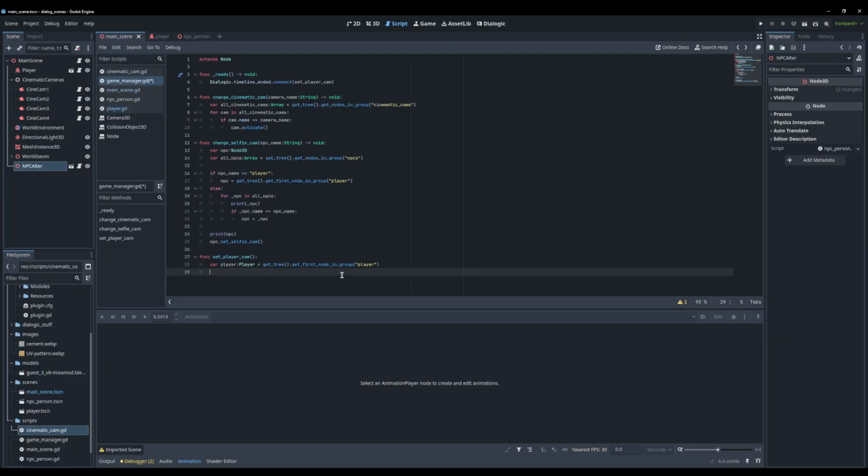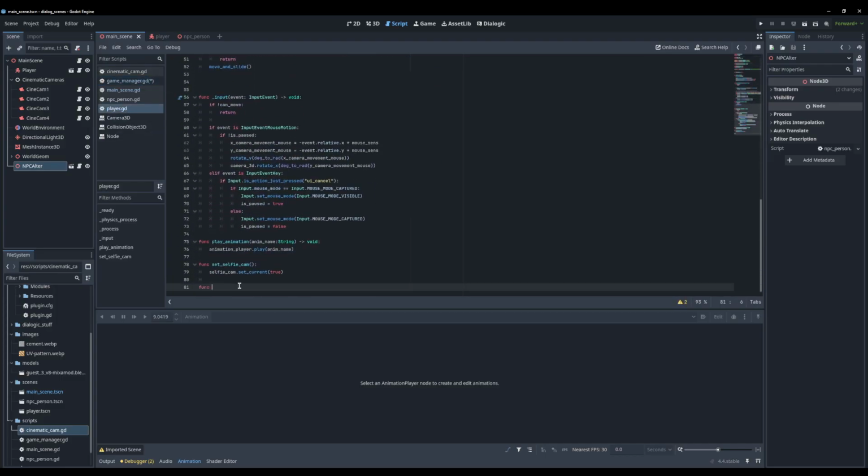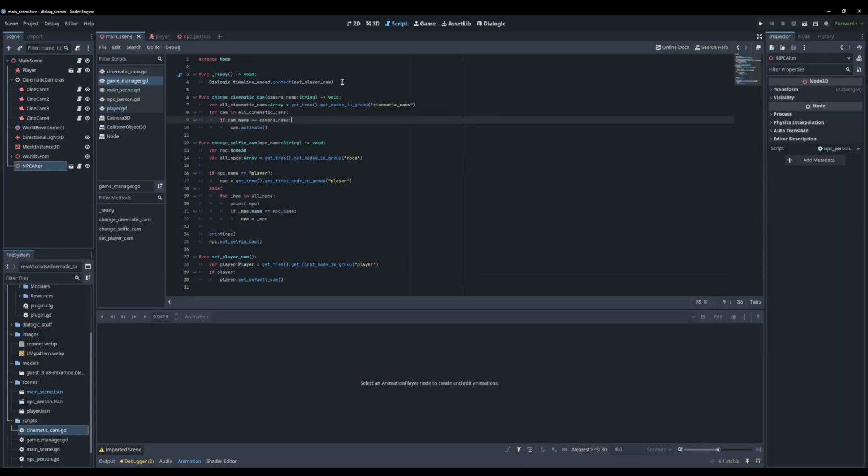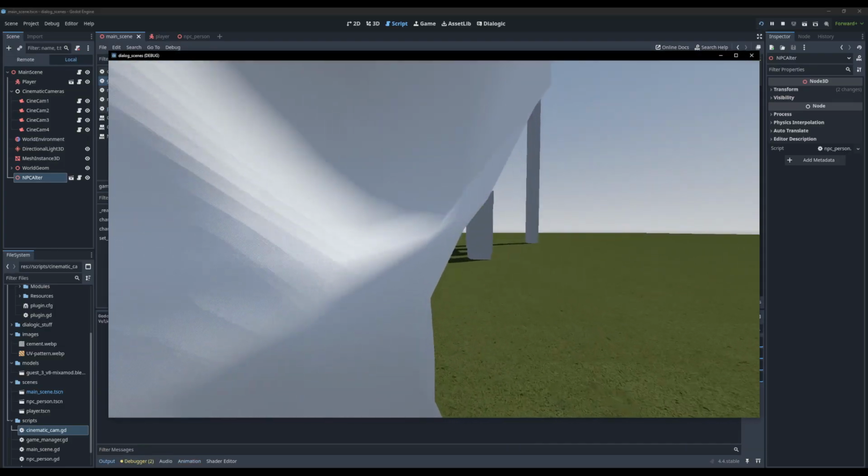So player equals that, and then what we do is we just go if player, player dot set default cam. So we need to set that up as well, and I just don't want to call current from here. I'd rather have a function in here that did it for us. So we just go camera 3D dot set current. We're going to set that to true. Set default cam, game manager. Where are we? We're on ready. Set player cam on the timeline ended. Yep. So now once we finish the